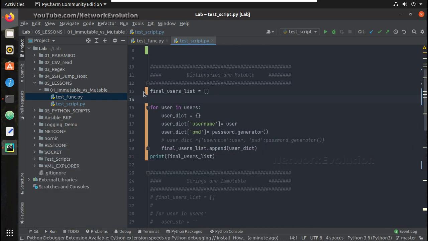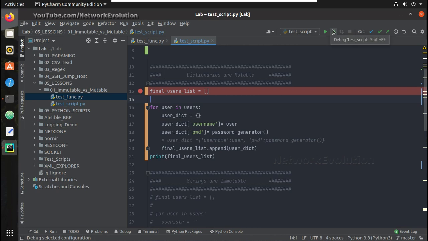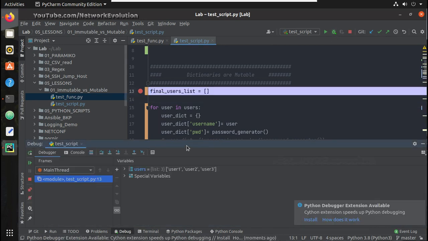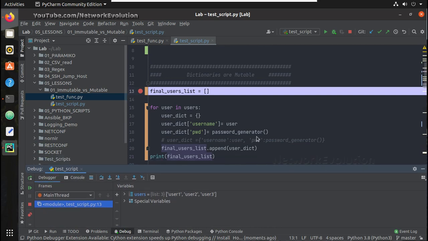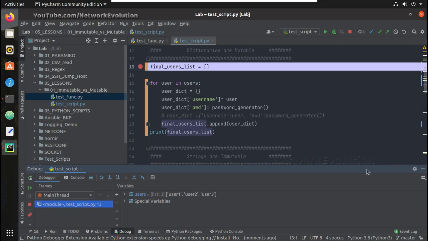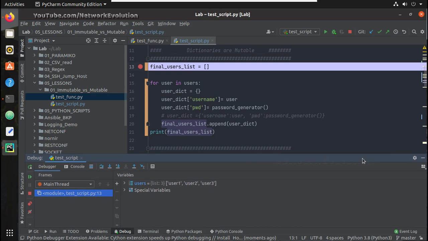For that, you need to click on the left side part of the script. You can see a red dot come, and once you click on the debug button, it will start debugging the script. I'll be creating another detailed video on this. Here I'll just show how to see the mutable and immutable objects using this debug.